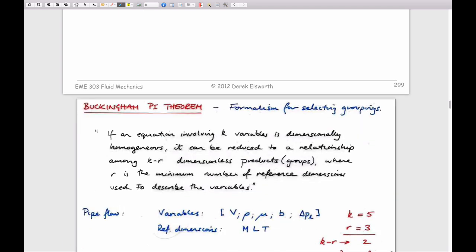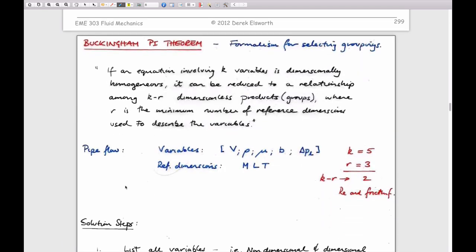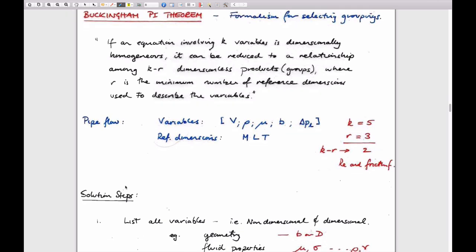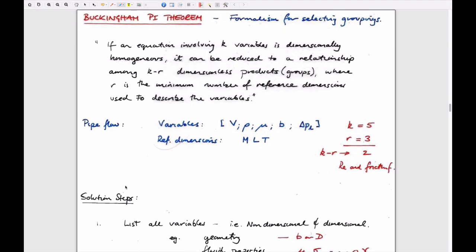Buckingham pi is one formal way of being able to calculate exactly what the number of groups would be. We messed around with it for a number of different systems. We could use it for flow within a pipe. I guess we did make the point, and I think an important point to make, is that if we're looking